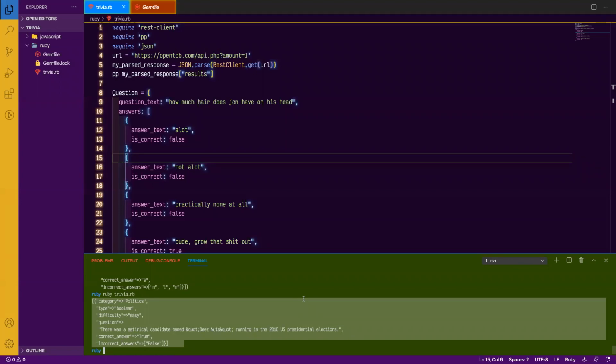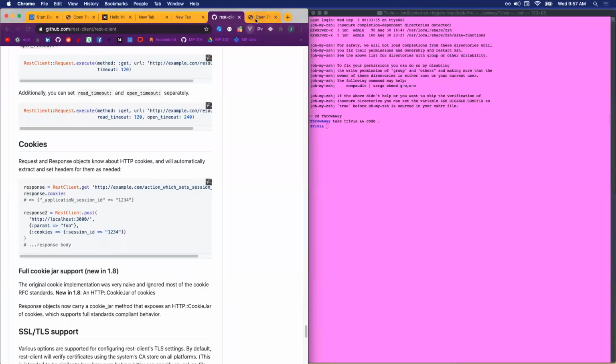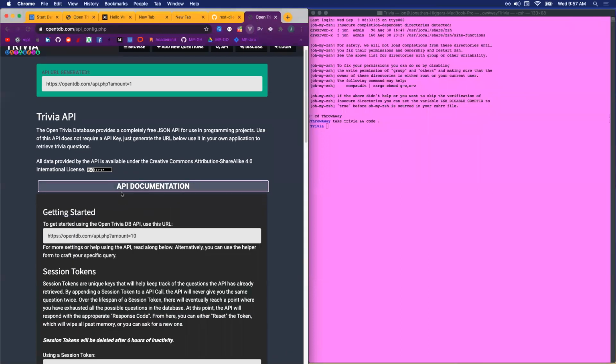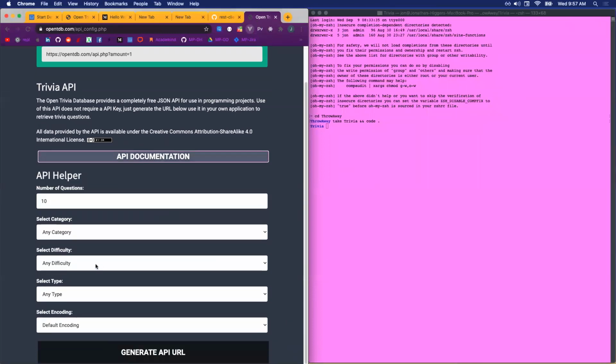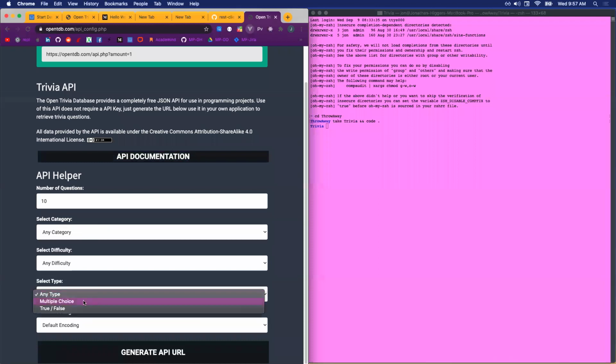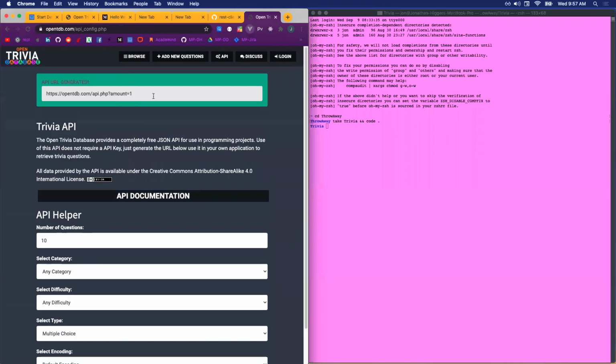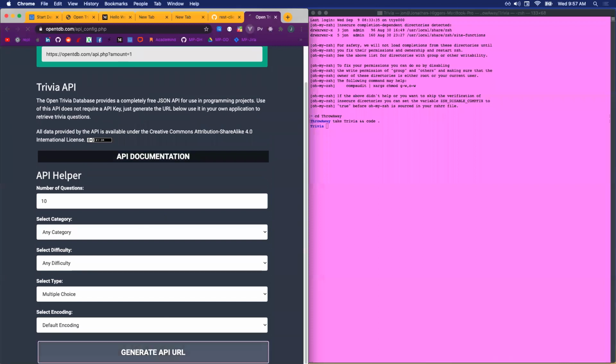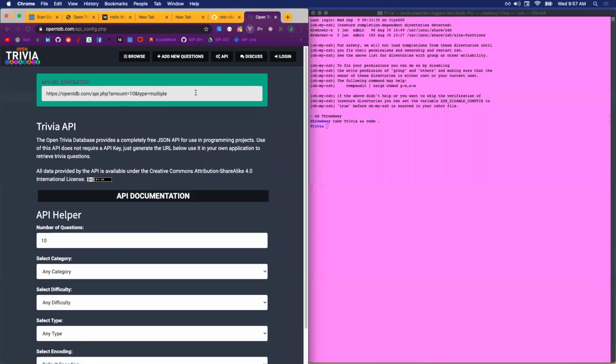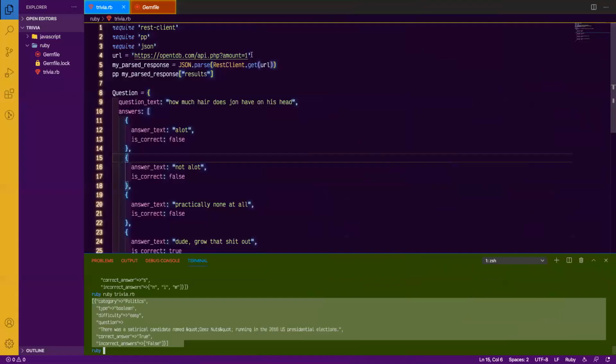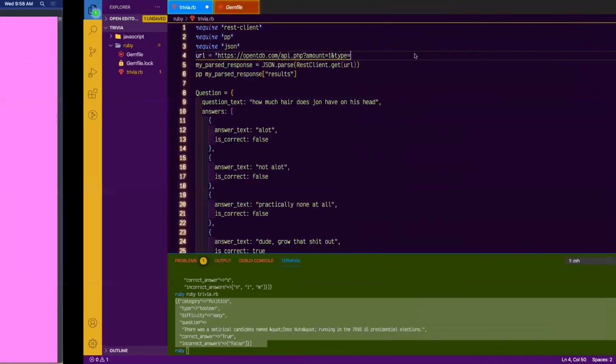Oh, you know what? We have to refine this. I'm sorry. We want this to be multiple choice. Let me make that a little better. Category. We don't want category. Select type, multiple choice. Cool. I'm just generating a new API URL. Okay, so I could just do and type equals multiple. So I think I should be able to go here and say and type equals, is it not quotes? Type equals